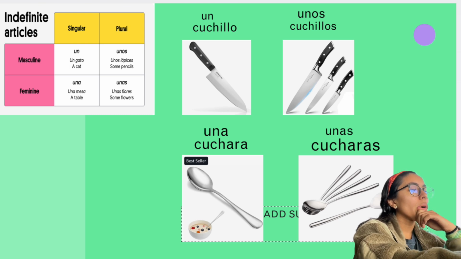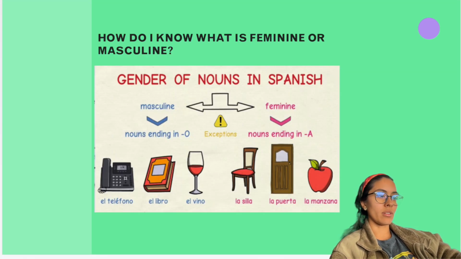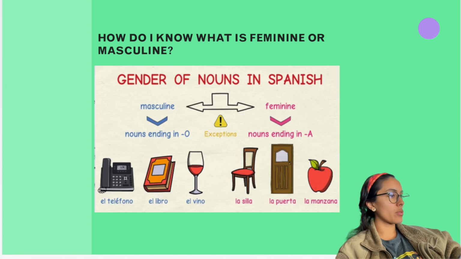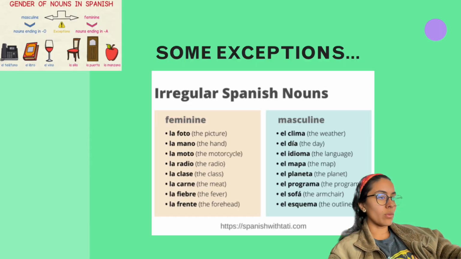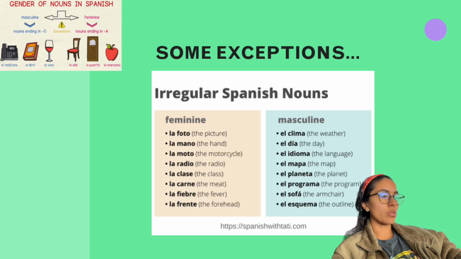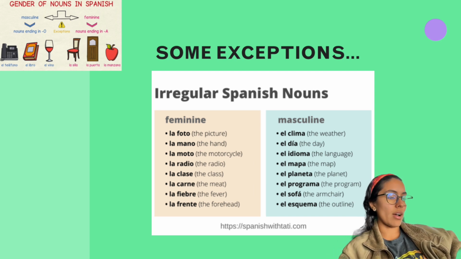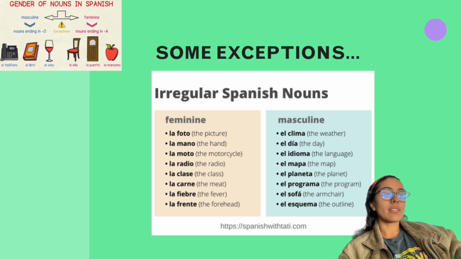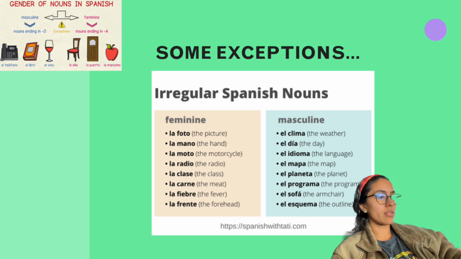Okay, awesome. So far, we have seen the genders. The O is always masculine. The A is always feminine. We're not gonna worry about exceptions right now. We have some rules that we can find on the internet, and we can always ask me if there are any confusions or questions. If you go on the internet and you're like, oh my gosh, there are so many rules, you just ask me. We have the exceptions that you are welcome to memorize, but you don't have to. Let's not stress our minds.